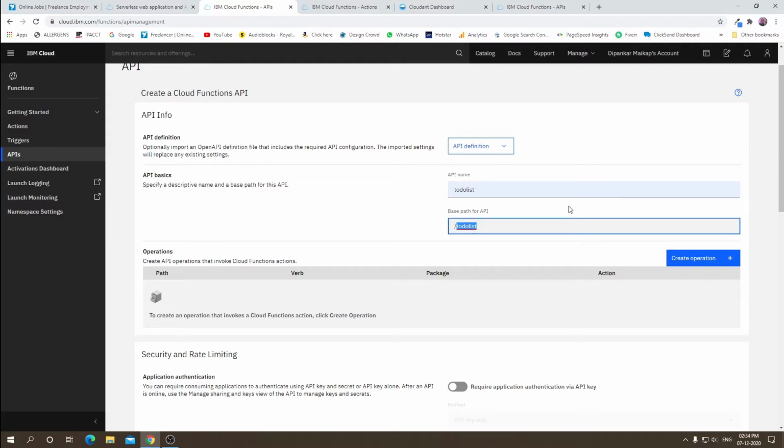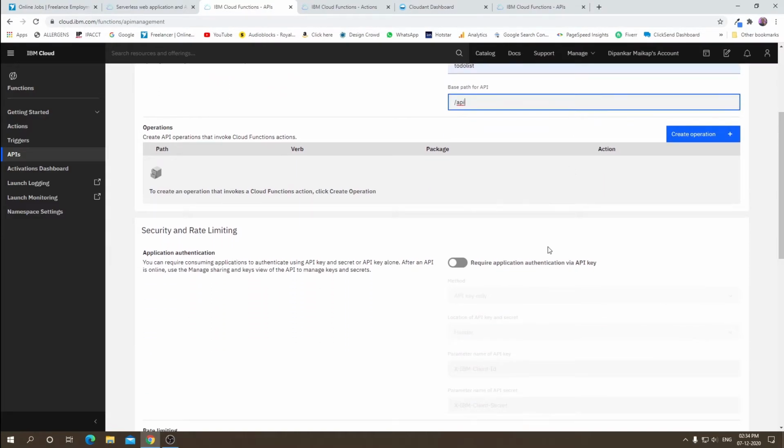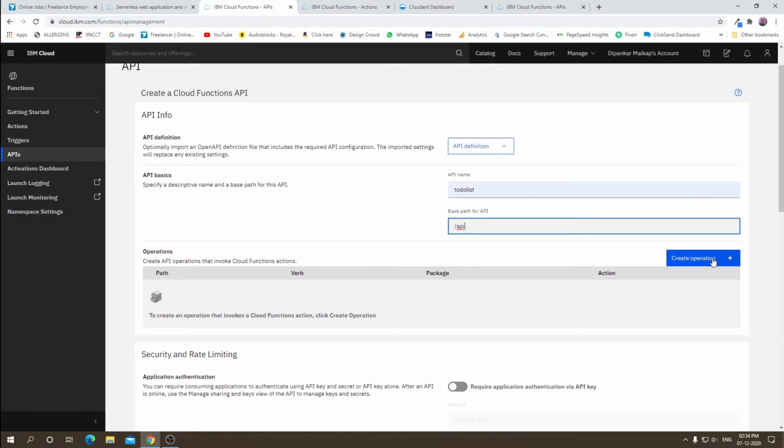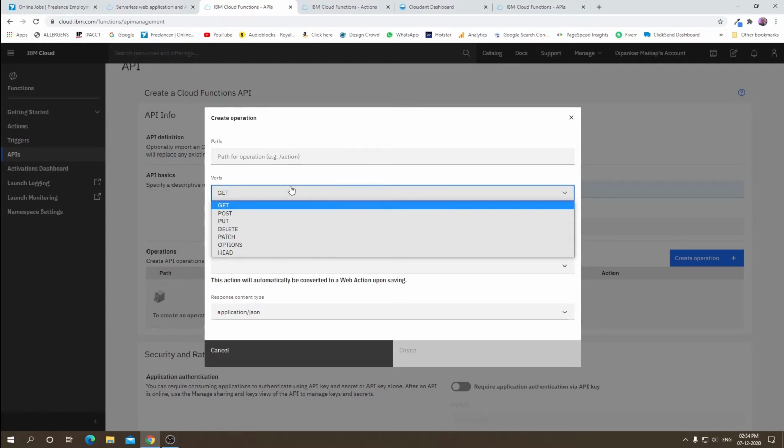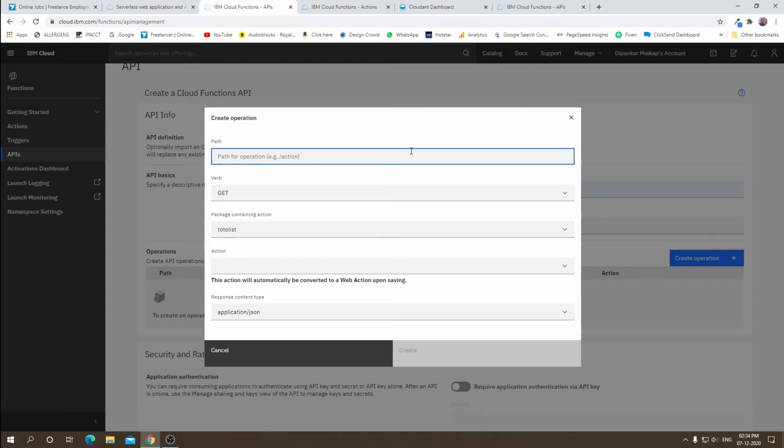You can just name it API. For example, let's first create a route to get or show all of our to-do lists. So that will be a get request, and the path will be something,